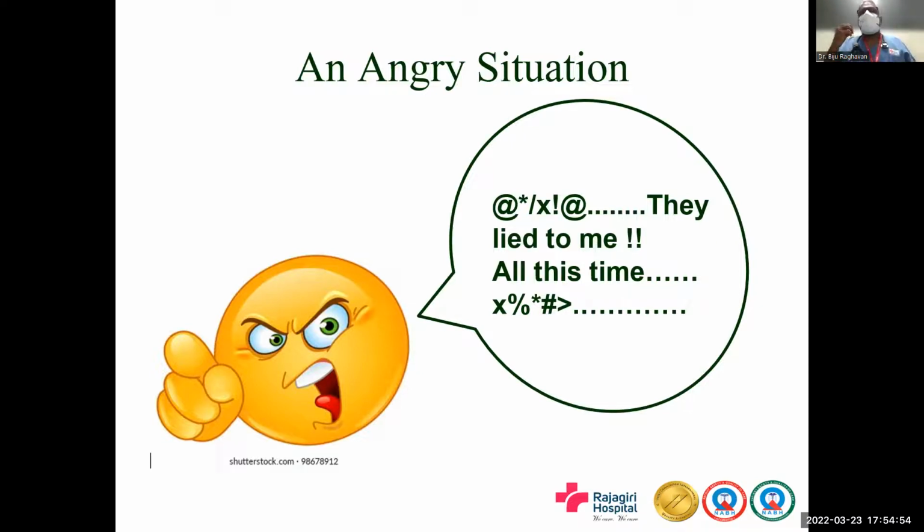So, we have to think of what are the ways where we can make this person more angry. How can we make him more angry? One, any kind of confrontation, arguing with them will make the person more angry. Or if you are trying to explain or give excuses, all of these things can make a person more angry who is already angry.